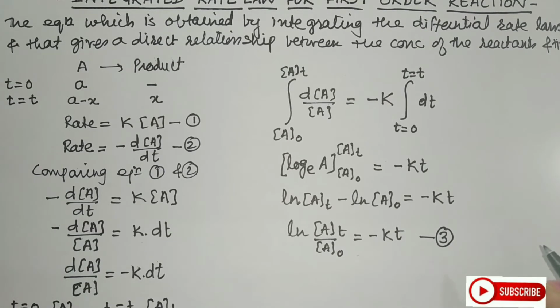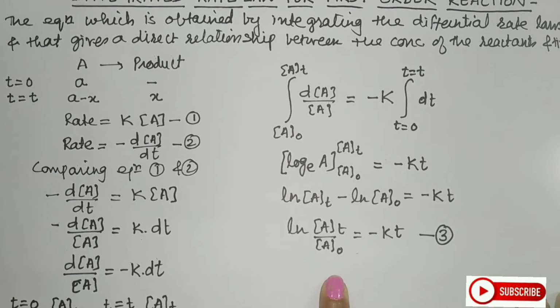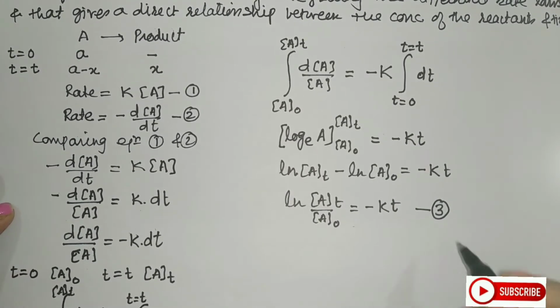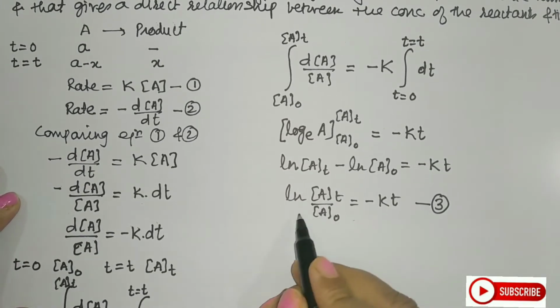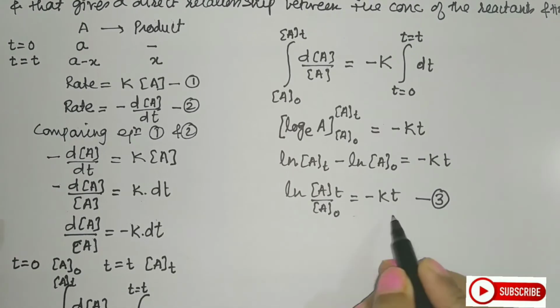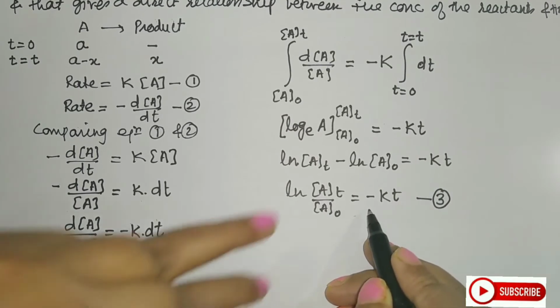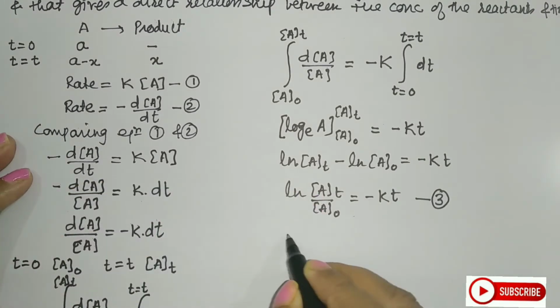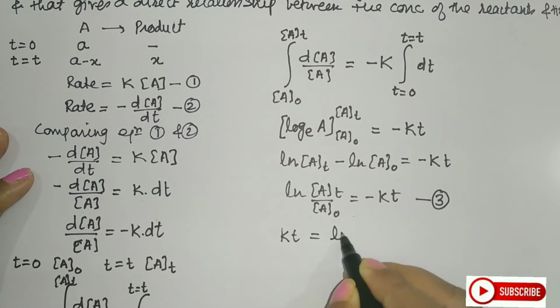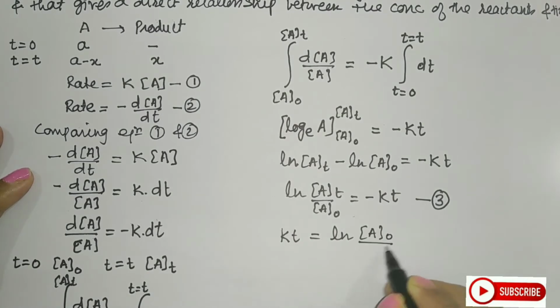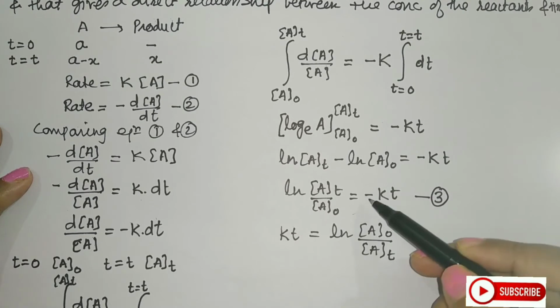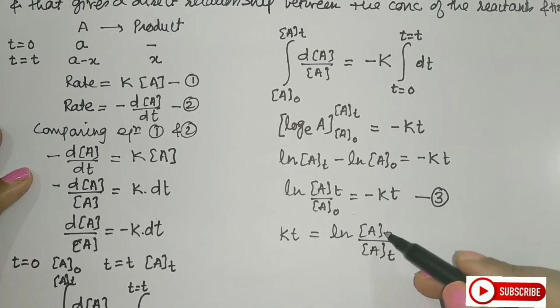Students, if this question is asked for a direct derivation, then you have to continue the derivation. But if it is asked for exponential form, then we will use this equation and continue for the exponential form derivation. So I will explain that at the end. Let us continue this. Now I will just rearrange this. I want to remove this negative sign. For that, I have to make this reciprocal. So let us see how I can write this. kt is equal to ln A0 by At. I have removed this minus sign and so I made this reciprocal.